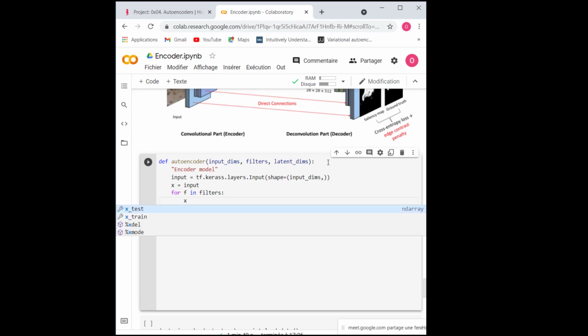My first layer will be a convolution layer.